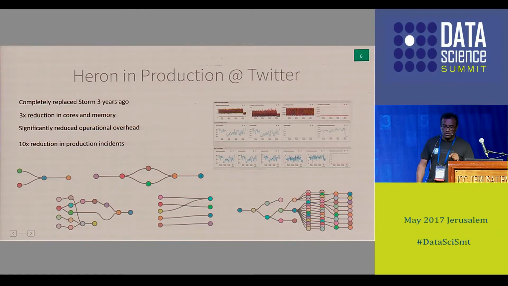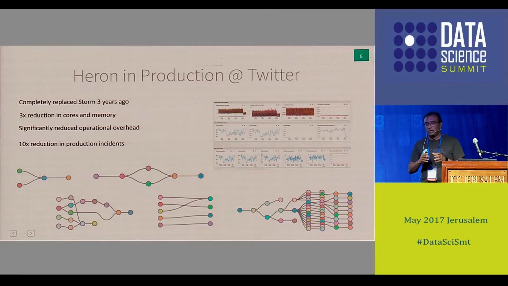As I mentioned, when we were operating Storm, we had this notion of a pager. Every week, one of my team members had to carry the pager around. During that pager week, everybody used to dread it because the support calls were so many, including 2 a.m., 3 a.m., 4 a.m. calls that would keep coming. The incident rate was so high when we counted it. After Heron went into production, we got a 10x or 20x reduction in incidents, so much that we had enough time to have a peaceful night's sleep. At the same time, we also had time to develop more features into Heron itself.